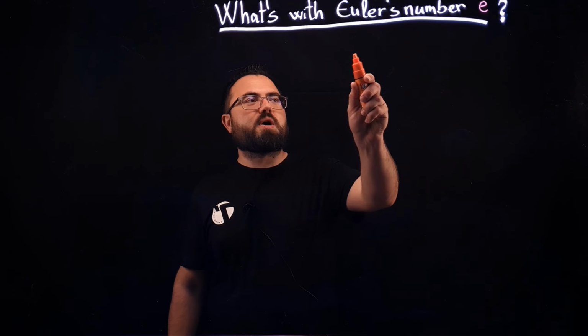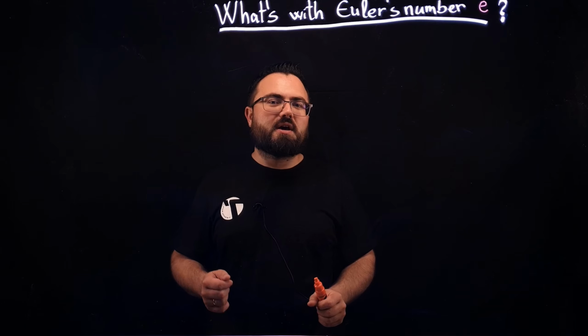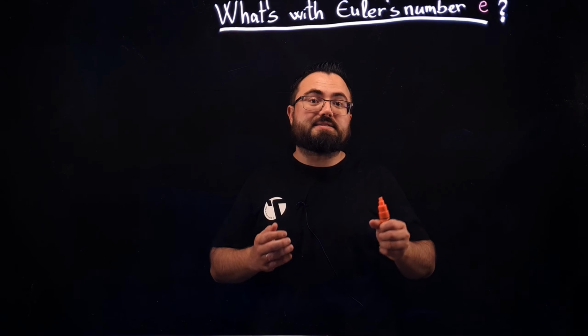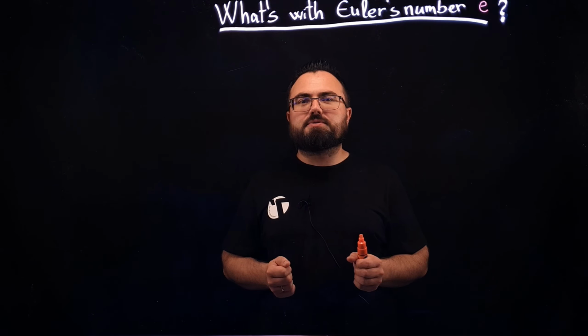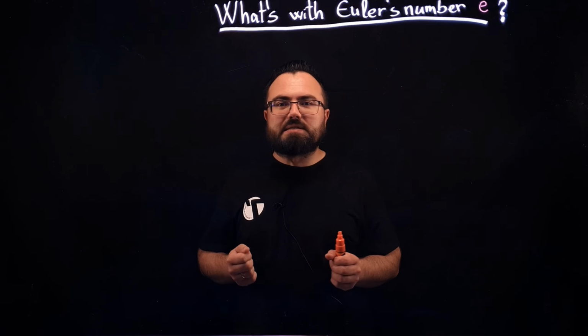What's the deal with Euler's number E? This is a very well-known constant in mathematics that occurs in several calculus topics, and in a logarithm, that's the natural logarithm, which has the base E. And today we're going to try to see and remind ourselves a little bit what were the first circumstances in